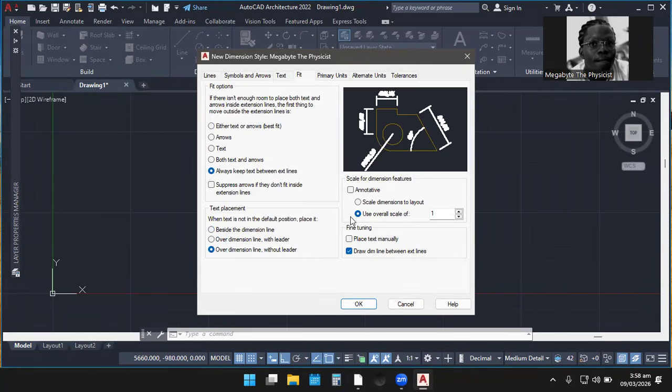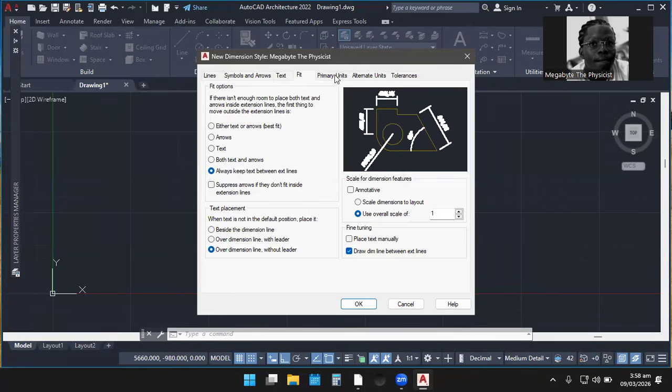When we come to the right side, you can see that we have a scale for dimension features, and we are using overall scale, which is also cool. That is 1. And you realize that fine tuning, that is draw dim line between extension lines, is activated, which is also cool.